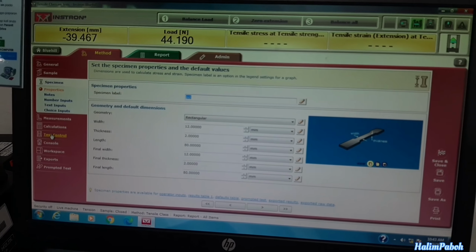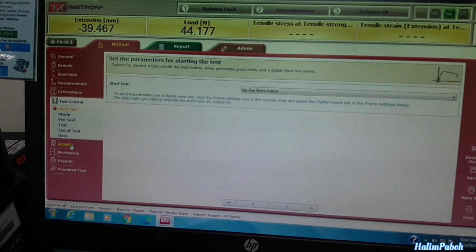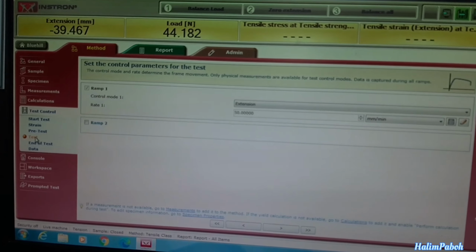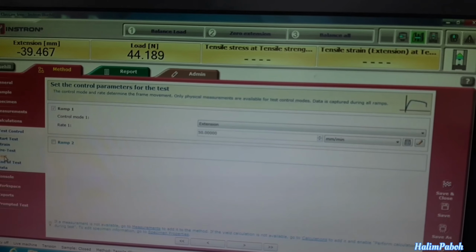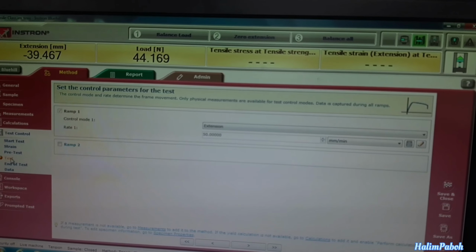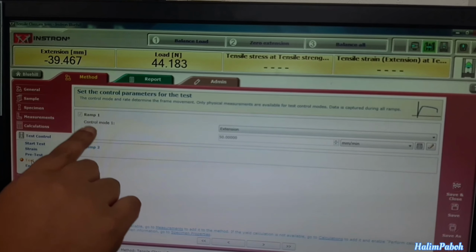Next we proceed with the test. Here we have extension mode, which means that the sample will be extended so that its length will increase, and then we adjust the rate at which this happens.